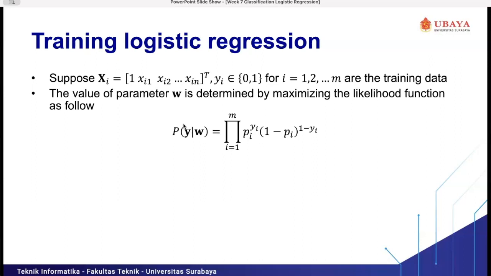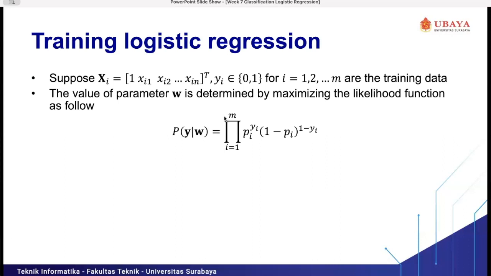Because logistic regression will find the optimal weight, which has the highest probability or highest accuracy, we will update the W values here.